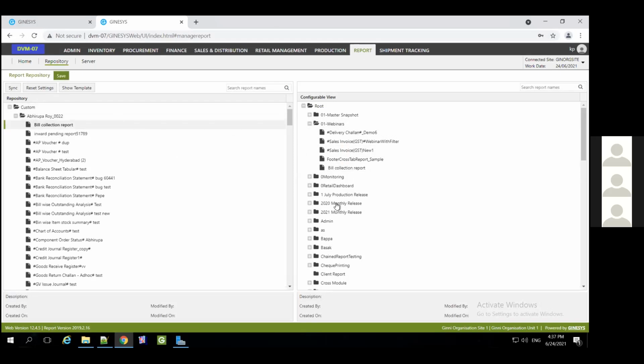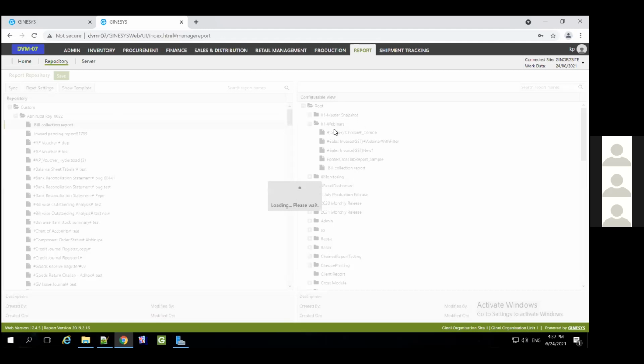If I just save this, and the user logs into the system again, he or she will then see 5 reports instead of the earlier 4 reports. So your manage report section is where you manage your reports from.